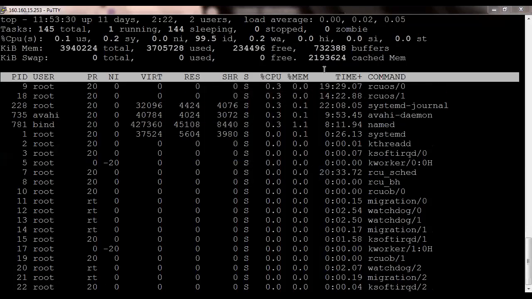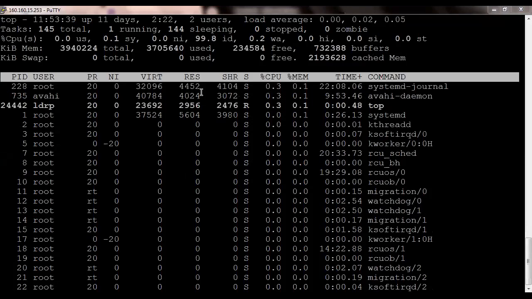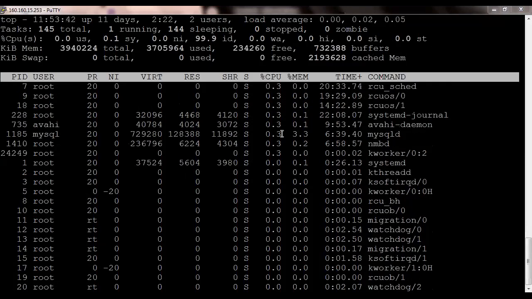Okay, so this is how we can see the total details of it.